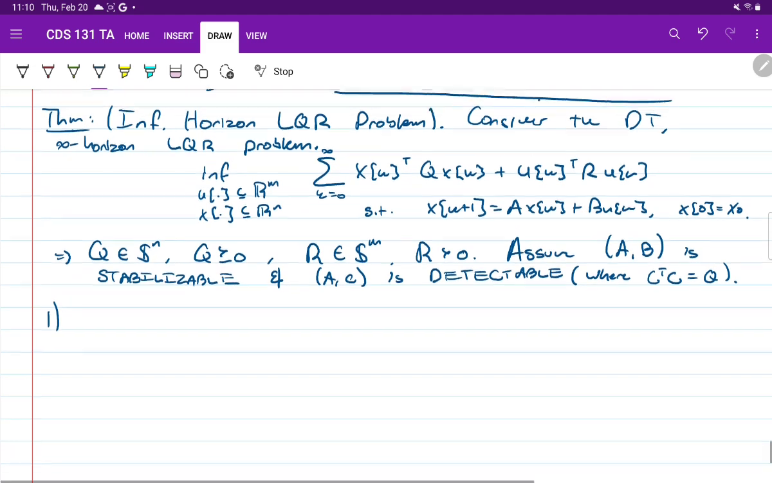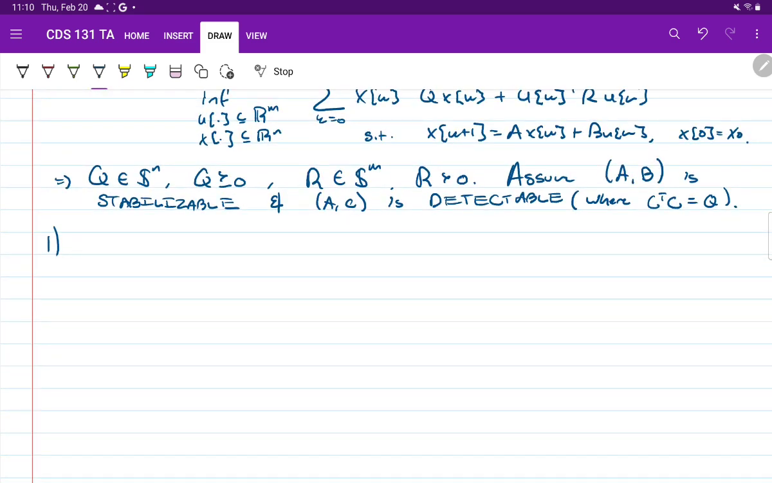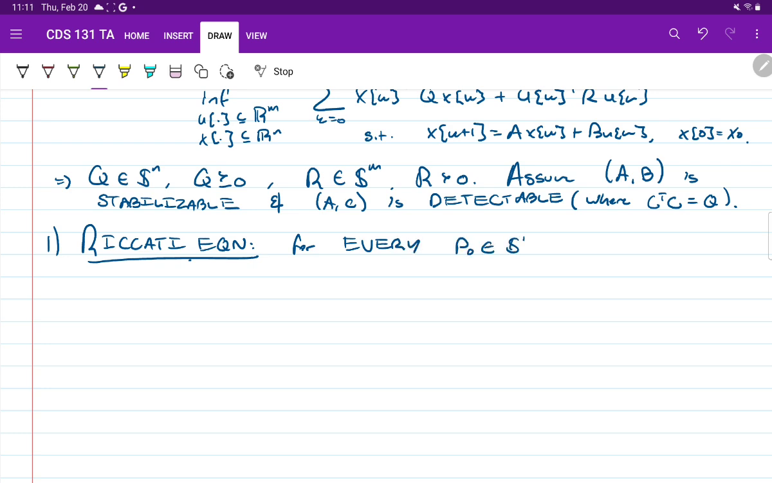So first, we're going to get a condition on P, which is kind of this conjecture that we just made up here. It's going to be called the Riccati equation conjecture, or rather, the Riccati equation theorem. So for every initial condition, which I'll call P naught in S^n, where P naught is positive semi-definite, the limit